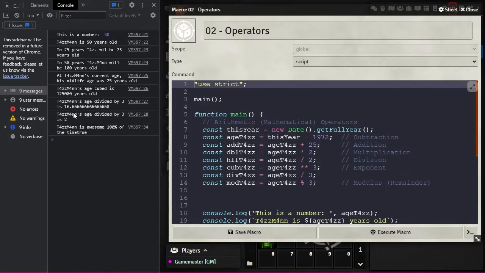If we go run this, you'll see that, when we divide age by 3, which is 50 divided by 3, we get 16.666666668. And if we do the modulus,